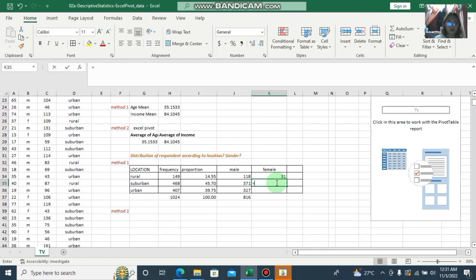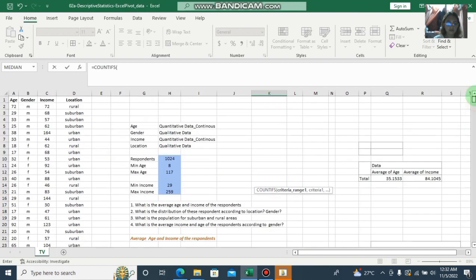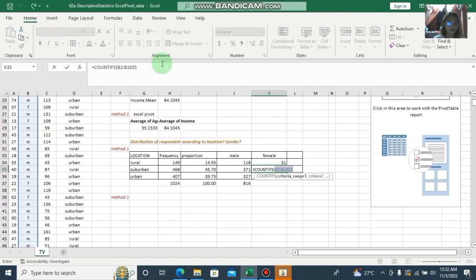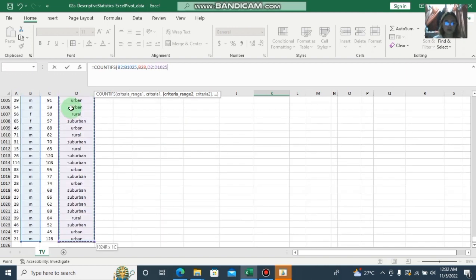Next equals count ifs gender, control shift down arrow, comma, female, comma, location, control shift down arrow, comma, suburban, click enter,